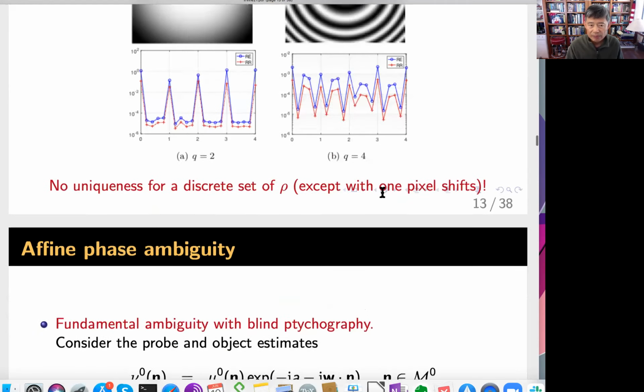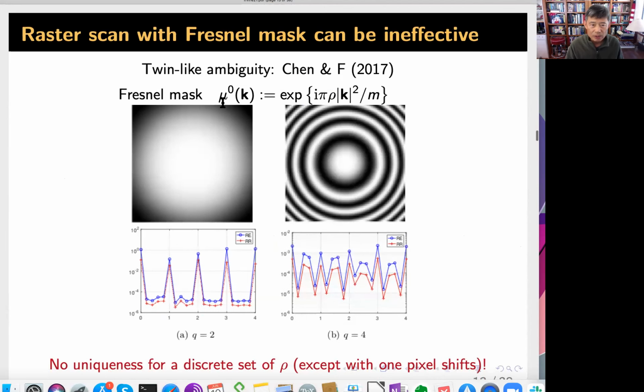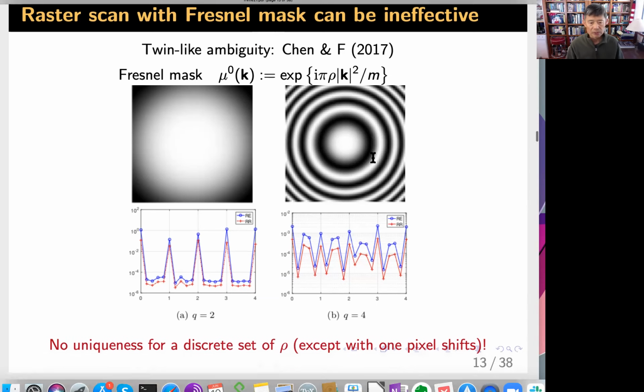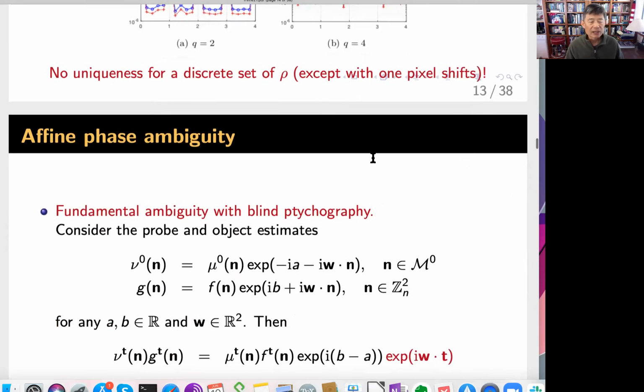You cannot just pick an arbitrary mask or the standard mask, in the hope that with a very small overlap or very large shift, you can still reconstruct your object, even when the mask is totally known. So this is the case where the mask is totally known. It's not even blind ptychography. You already lose uniqueness for certain discrete values of rho. Okay, so now let's look at